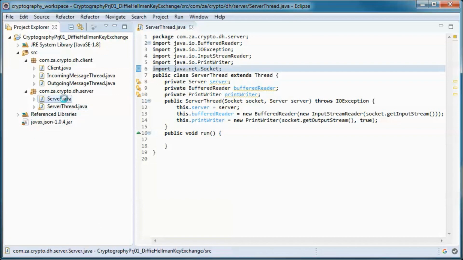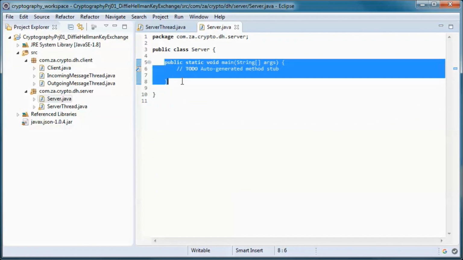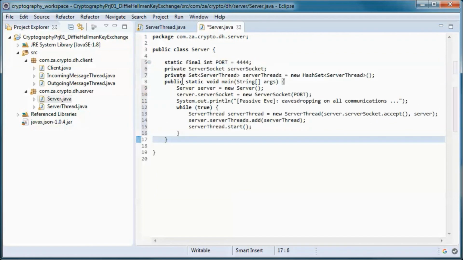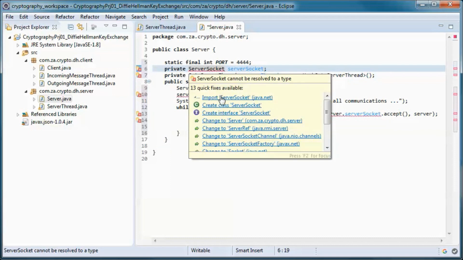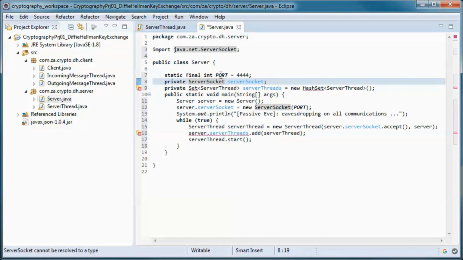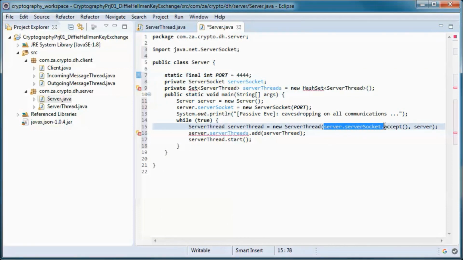And for the server class, it will be listening for connections on this port and accept those connections with the accept method here.